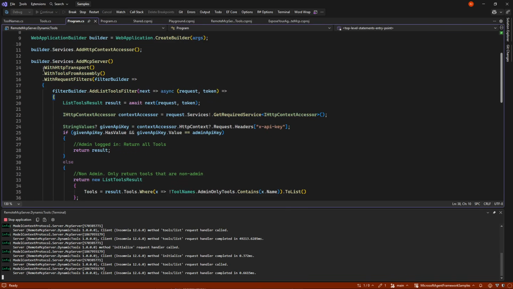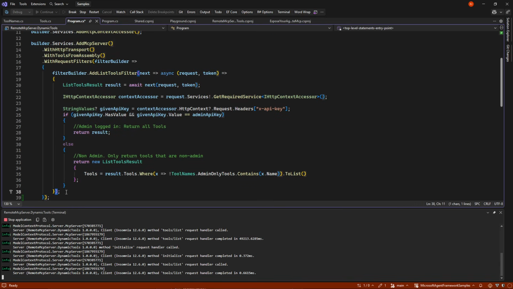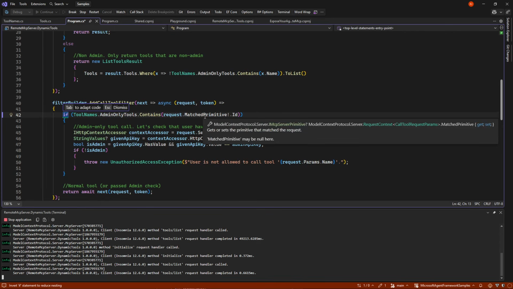So for that, we need one more filter. So let me bring in the last filter we need. And that should be in here. So we also add a filter for the add tool call filter. And in this case, we just say, if the tool that we call inside MCP, they are called primitives.